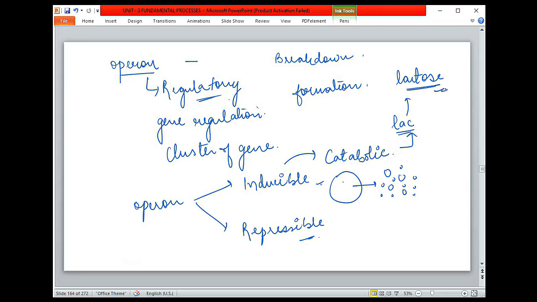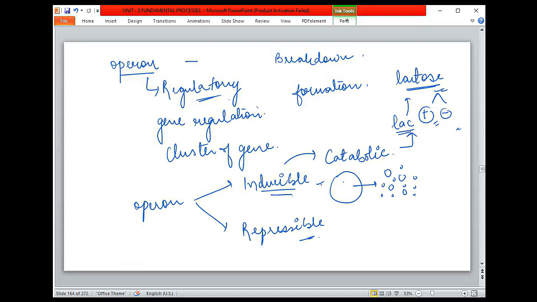In this, the lactose is broken down into its smaller entities, its subunits, with the help of the various genes that we have. The genes are transcribed and then the proteins are formed. So it is helping in the breakdown of your lactose, and this is your inducible operon. It has both positive and negative regulation. That means the body does not require lactose all the time.